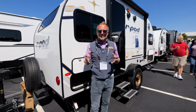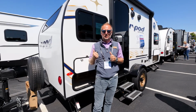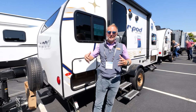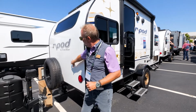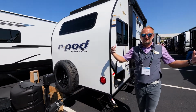One of the most iconic layouts in the Rpod lineup has been the Rpod 190. What makes it so special and such a long-lasting layout for our brand is what I'm going to point out to you today. And I want to start out right here in the back. We talk a lot about the size of the Rpod